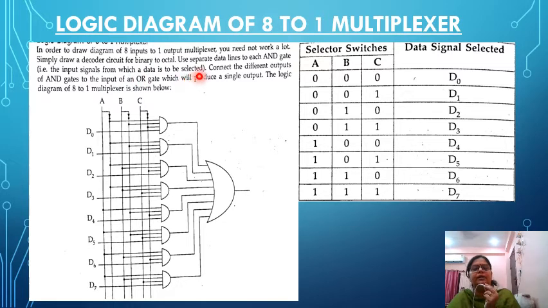Connect the different outputs of the AND gates to the input of an OR gate which will produce a single output. All the AND gates are connected with the OR gate, and with the help of the diagram it has been shown here. This is your logic diagram.